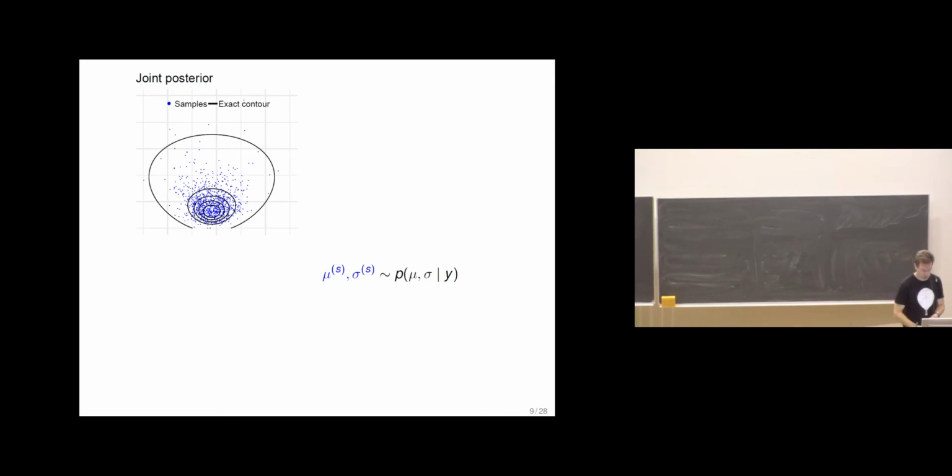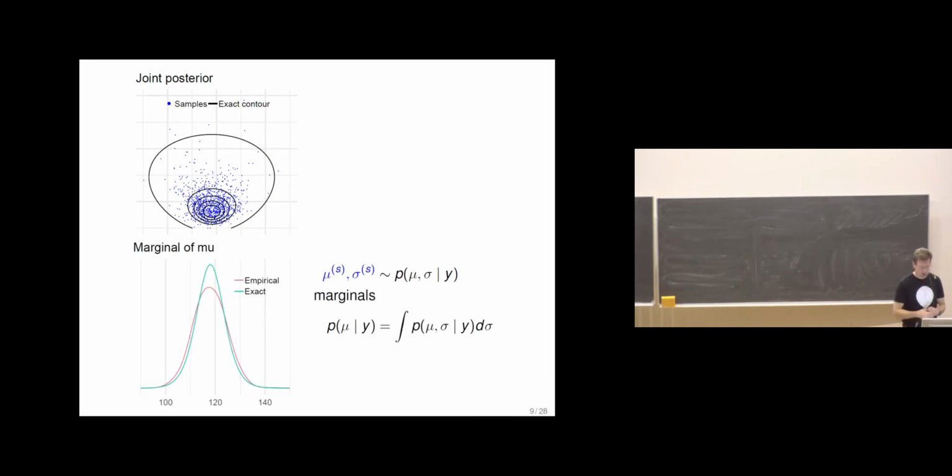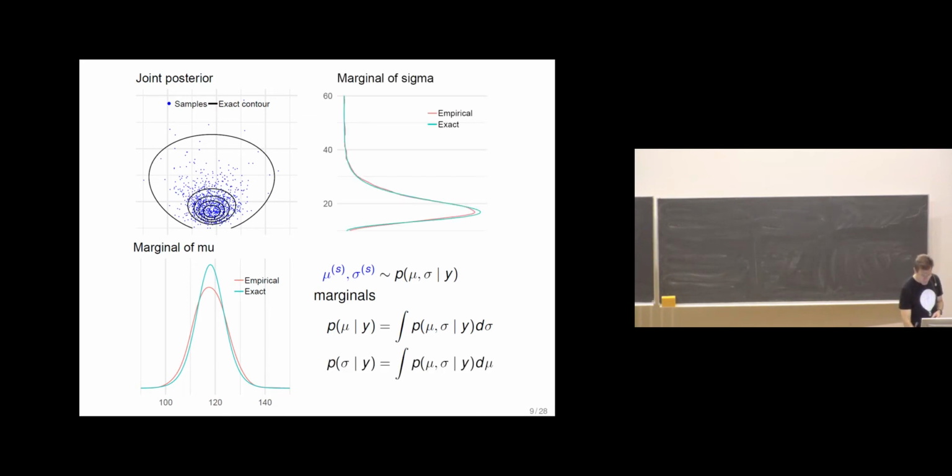We're back to the joint posterior distribution, where we have also these samples. We have two possible marginals for this two-dimensional distribution. We can look at the marginal of mu, so what is our uncertainty about the location of that normal distribution, which could explain some data. This marginal is obtained by integrating over sigma. And we have then the marginal of sigma, which we can obtain by integrating over mu.